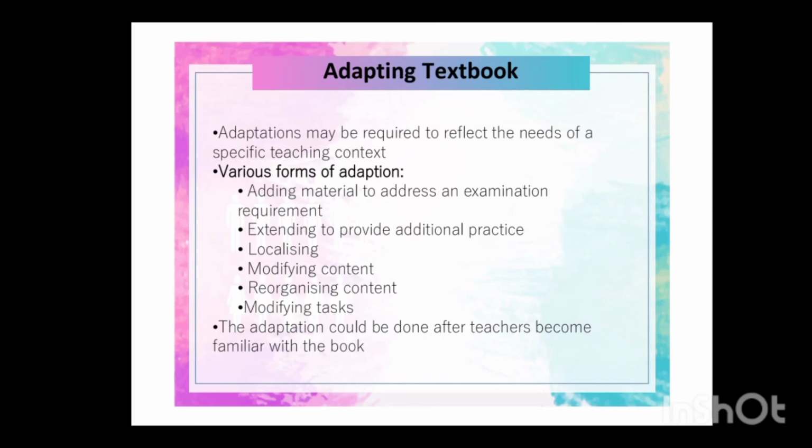However, the topic in the textbook is not related to the environment. For example, the students have to interview their friends about what they do or what they feel about winter season. However, in Indonesia, we do not have winter season. It means that the students will be confused to give the answers. Then we can change it and we can relate it to our environment, about flood, maybe about the wet season or the dry season. And then we can also modify the content,